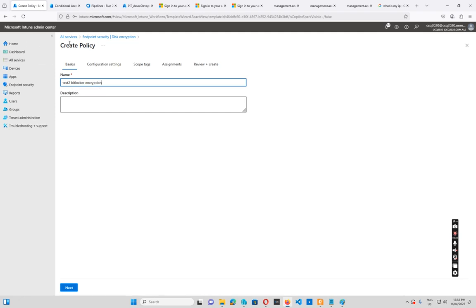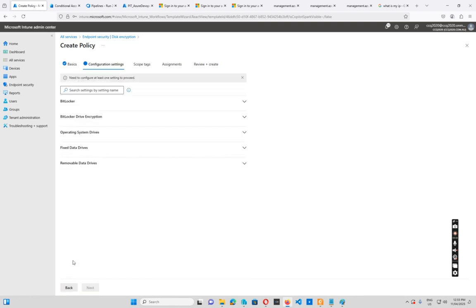So from this Endpoint security disk encryption, we create a new policy, and there's a BitLocker profile as well. In this one, you see more